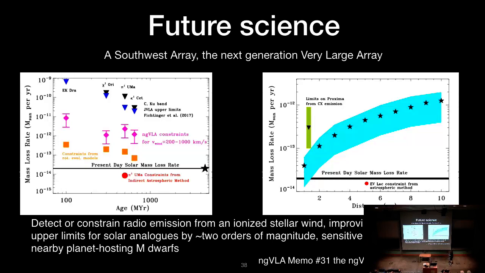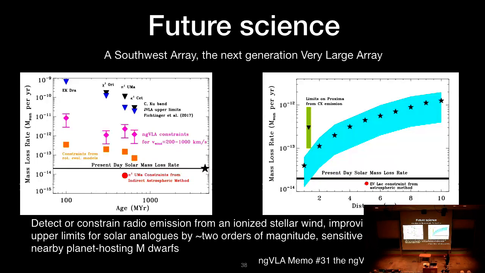In the context of this current talk and looking at exospace weather, this isn't something I've emphasized in the previous part of the talk, but trying to directly constrain stellar winds is an important counterpart to looking at transient stellar wind, which is the coronal mass ejections. But you can detect or constrain radio emission from an ionized stellar wind by looking at this frequency range above 10 gigahertz.